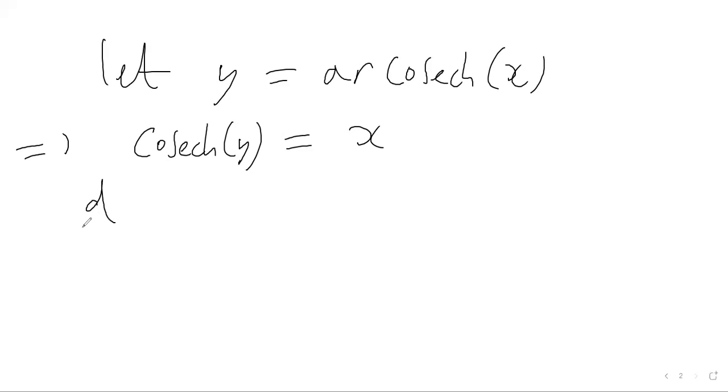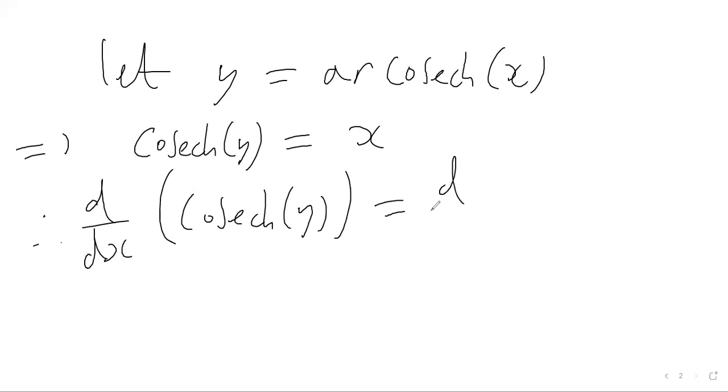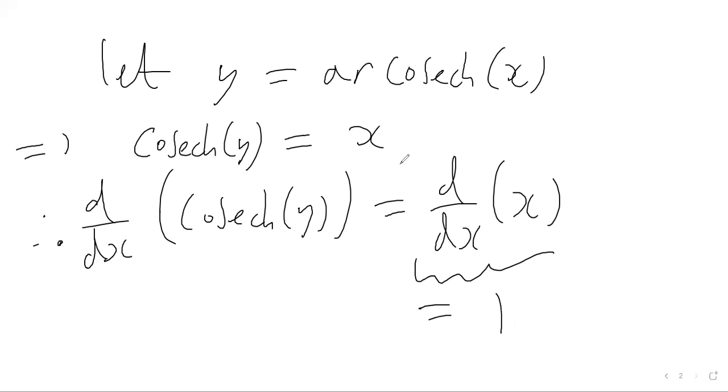And then we can now differentiate both sides with respect to x. So the derivative with respect to x of cosech of y is going to be equal to the derivative with respect to x of x. The right hand side is just going to be equal to the number 1, because differentiating x with respect to x just gets us 1. Okay, great. So if we go to a new page then, d by dx of cosech of y equals